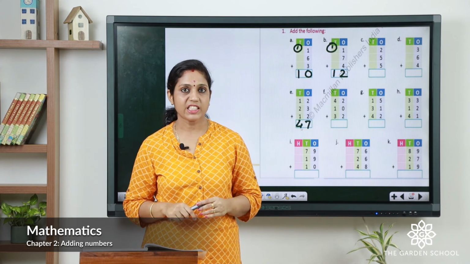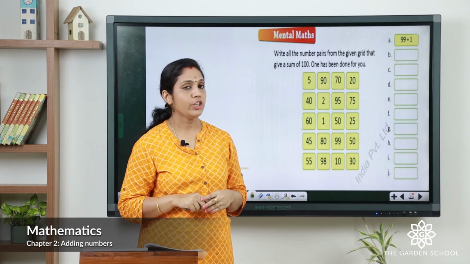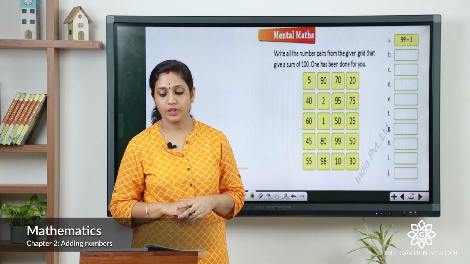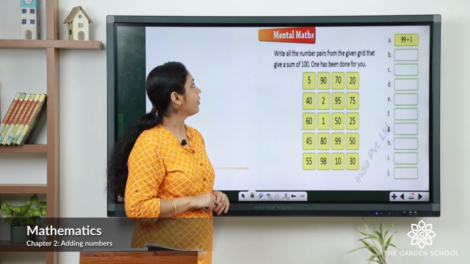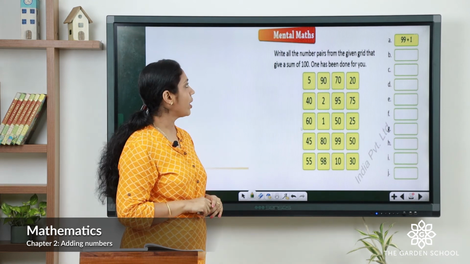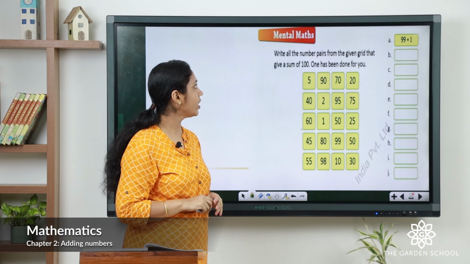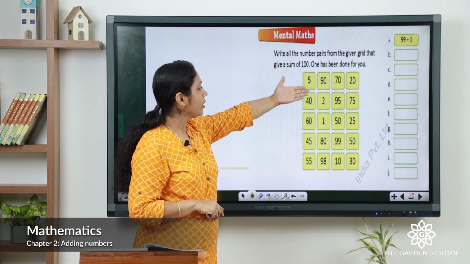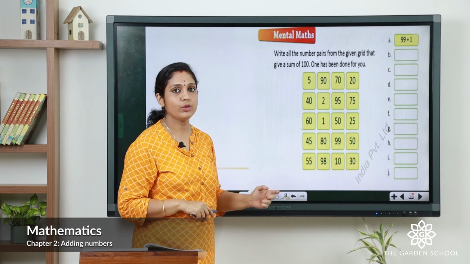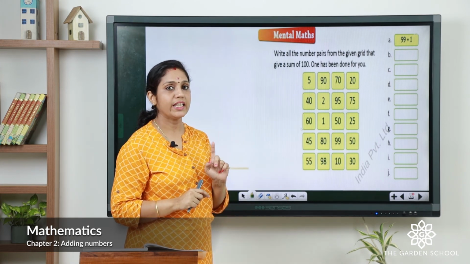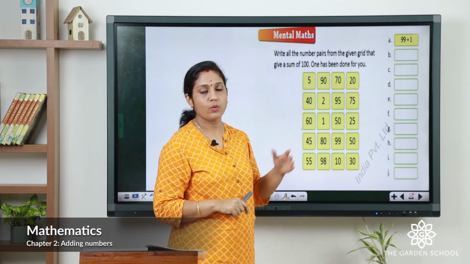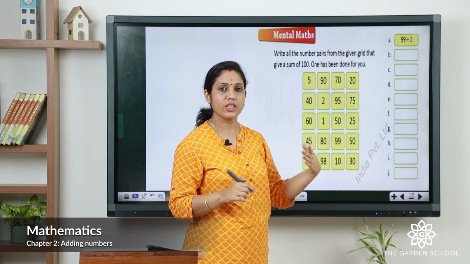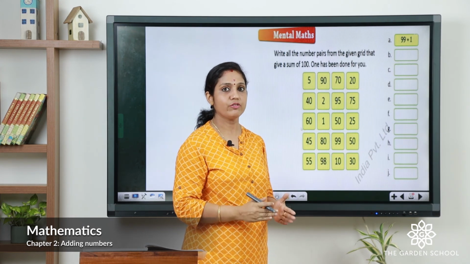Now, moving on to the next page. In your textbook, page number 25, you can see this question. It is mental maths. Write all the number pairs from the given grid that give a sum of 100. One has been done for you. You can see numbers here and what we have to do is calculate 2 numbers and get the answer 100. So, one has been done for you. In that you can see 99 plus 1. What is the answer? It is 100. So, we have to find out